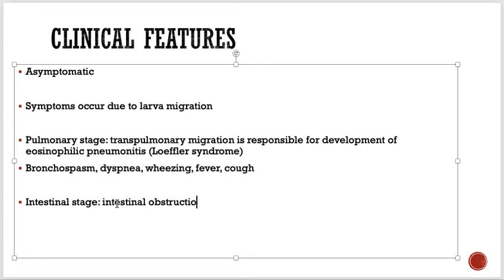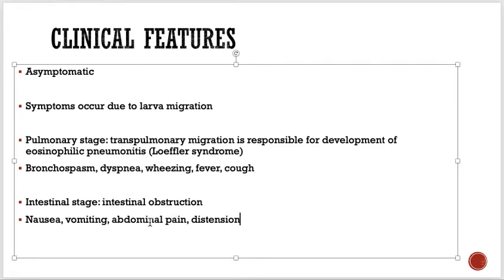Basically, the worst clinical manifestation of this infection is intestinal obstruction, because the burden of the larva is too much. It can block the intestines, it can block the lumen. When too many worms are present, they can block the small intestine, especially in children. So they can present with the symptoms of intestinal obstruction. How they present in surgery, you will study: nausea, vomiting, as well as abdominal pain, distension, things like this. And the larva can be passed in their stools or in the vomit of these patients.